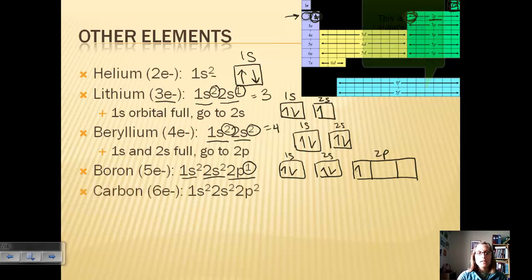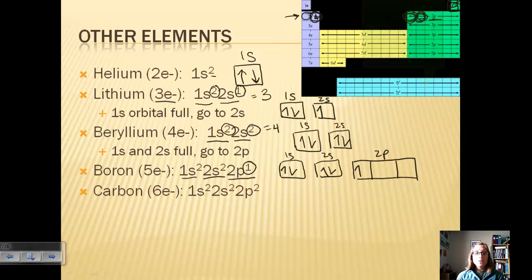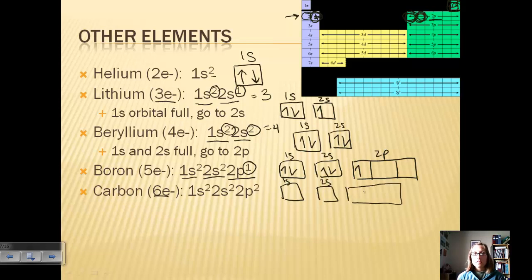Let's look at the next element, which is carbon. Okay, so for carbon, we are right here. 1s is full, 2s is full, that's 4 electrons. I have 6 total, so I need 2p2. So same idea as above, 1s, 2s, 2p,